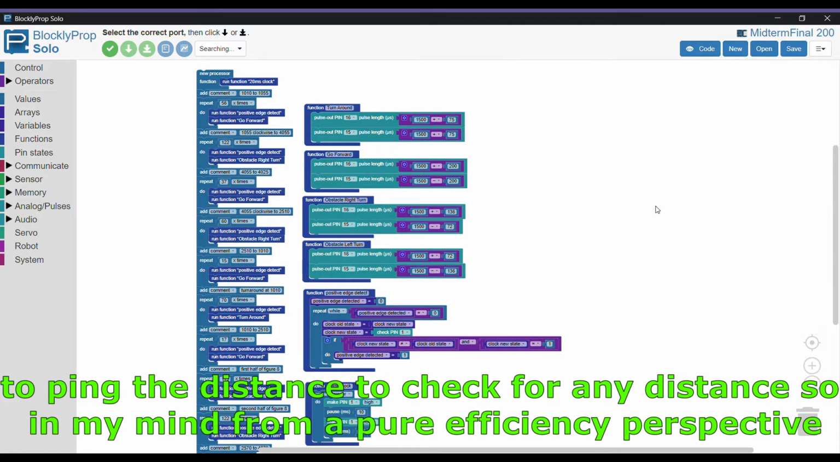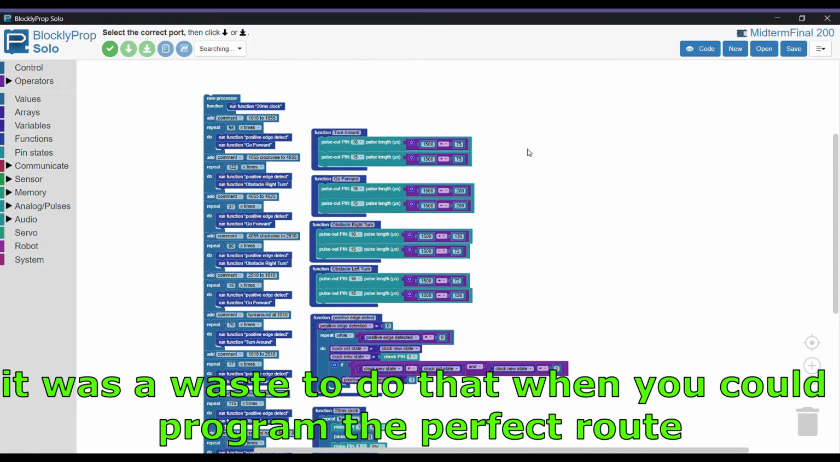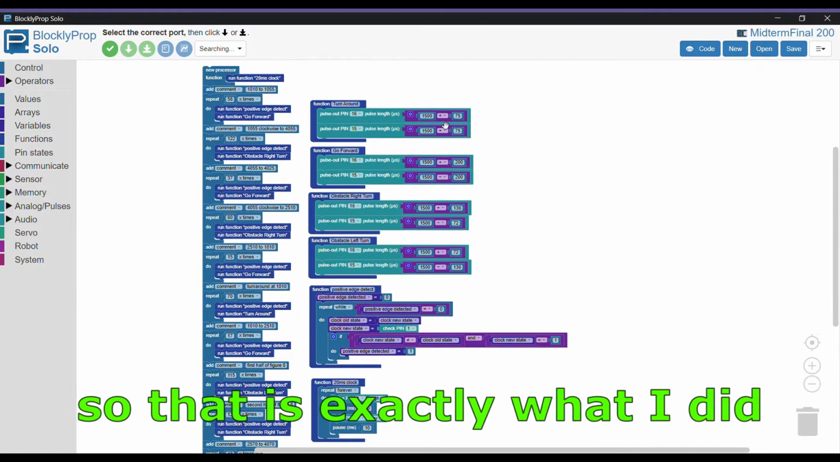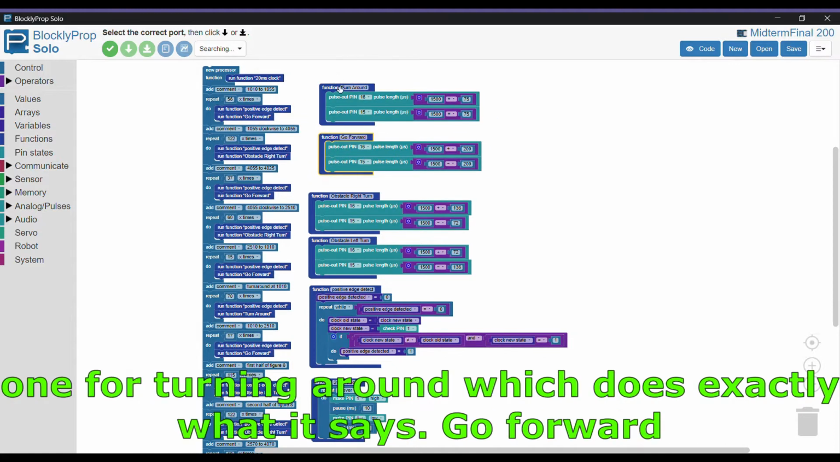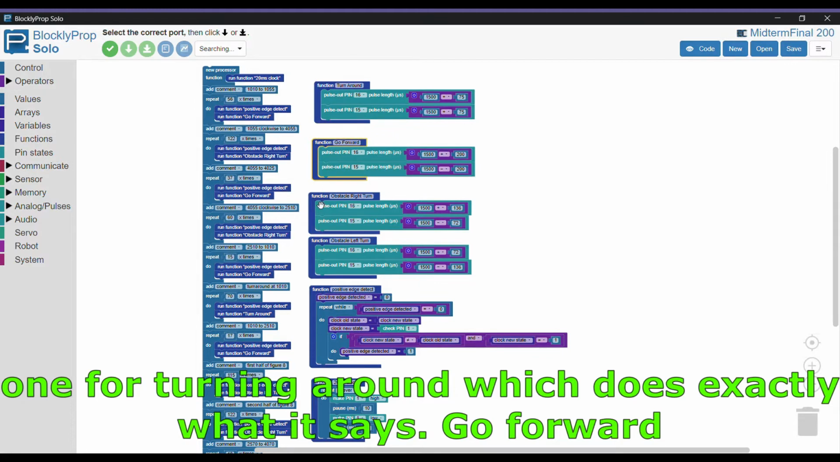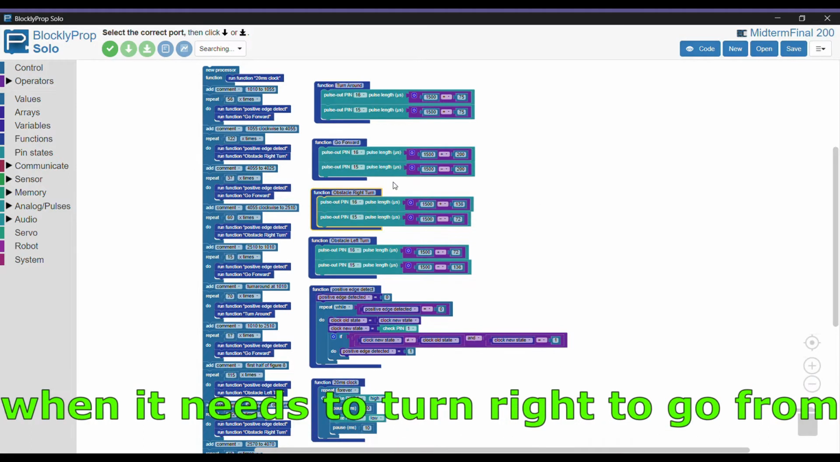So, in my mind, from a pure efficiency perspective, it was a waste of time to do that when you can just program the perfect route. So, that's exactly what I did. I have these four functions right here that are essentially pretty small. One for turning around, so that way, it does exactly as it says, go forward. Obstacle right turn is for the rectangle portion of the midterm when it needs to turn right,